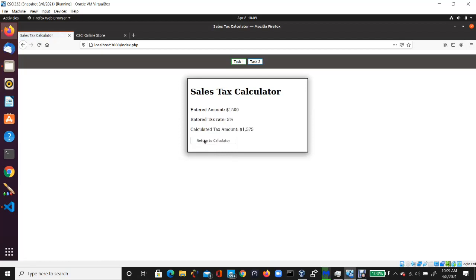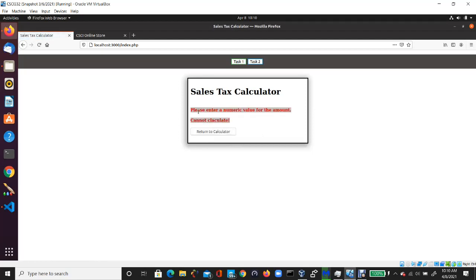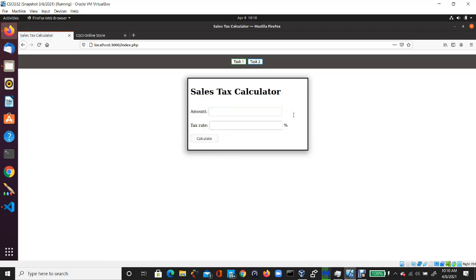You now get the result, where the form is actually working. But if we put a 5% here and we put FGHY here and then calculate, you get a totally different error that says, please enter a numeric value for the amount, cannot calculate. All right, so that does it for the sales tax calculator, but then we'll go to task 2,